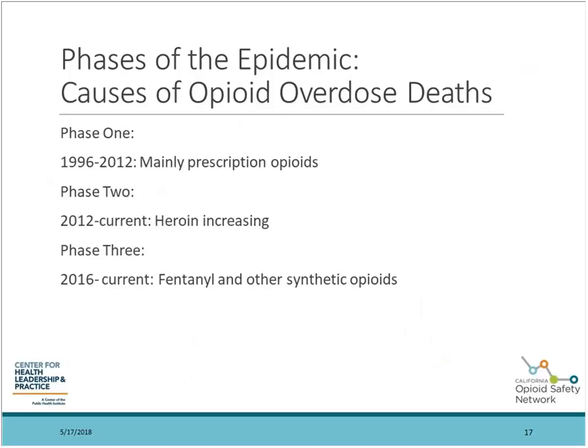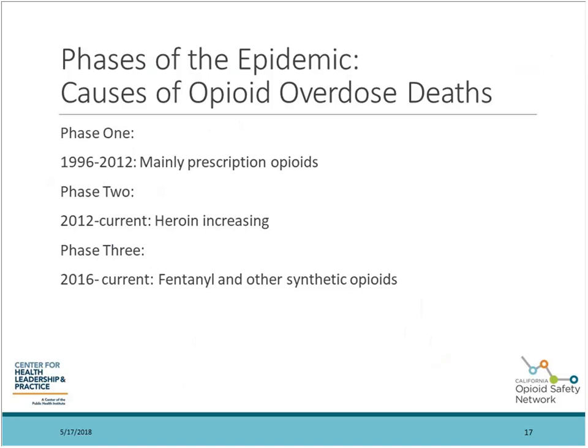The CDC has been starting to talk about phases of the opioid epidemic, and I think it's helpful for us as coalitions to start thinking about framing our work this way as well. We know, and it was addressed a lot on the last webinar, that from 1996 to about 2012, this was primarily a problem of prescription opioids through ever-increasing opioid prescribing rates and a corresponding increase in people with dependence and addiction. Phase 2 began in 2012, where we started seeing more heroin incidents, and you can see that on the overdose death trends. And then Phase 3 is very recent.